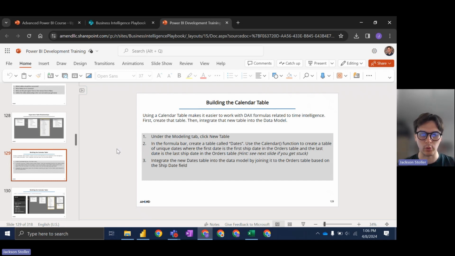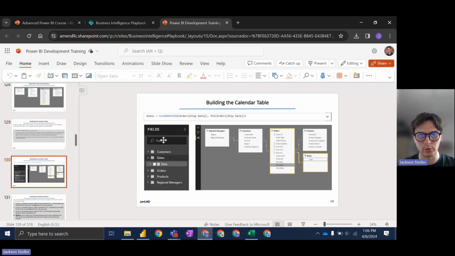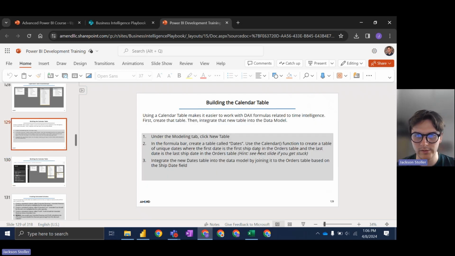We can build it within the report. And the way in which we'll do so is by a simple calendar formula, such that can be seen here. So we want to use this calendar function to create a table of unique dates where the first date is the first ship date in the orders table, and the last date is the last ship date in the order